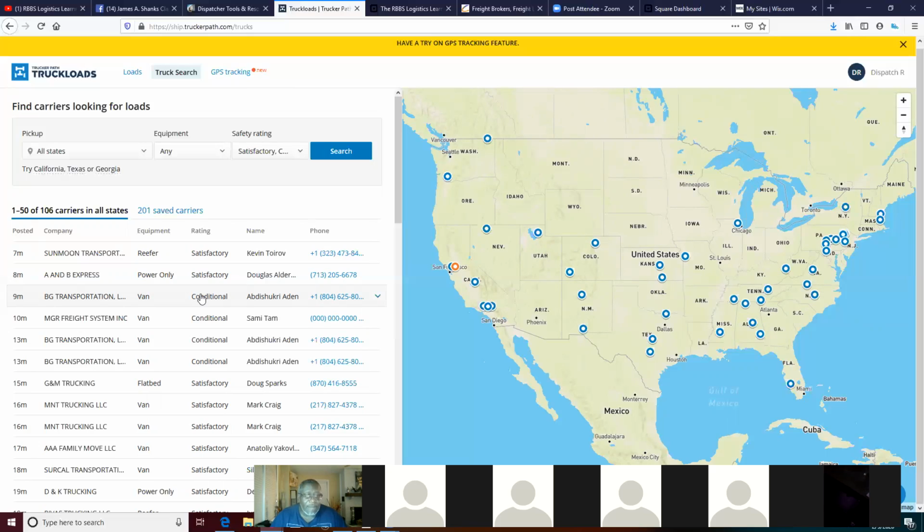Now, if they have a problem with the insurance, all you got to do is look them up, either in your CNTMS or on your Safer Web or through DOT itself. Because if you're doing your due diligence and checking that insurance, and it's not showing past problems, I wouldn't be concerned about it. Why? Because you got insurance, they got insurance, however they got it, the load is going to be insured. That's what the shipper is looking for. Make sure the load is insured. That's why we as brokers carry it.